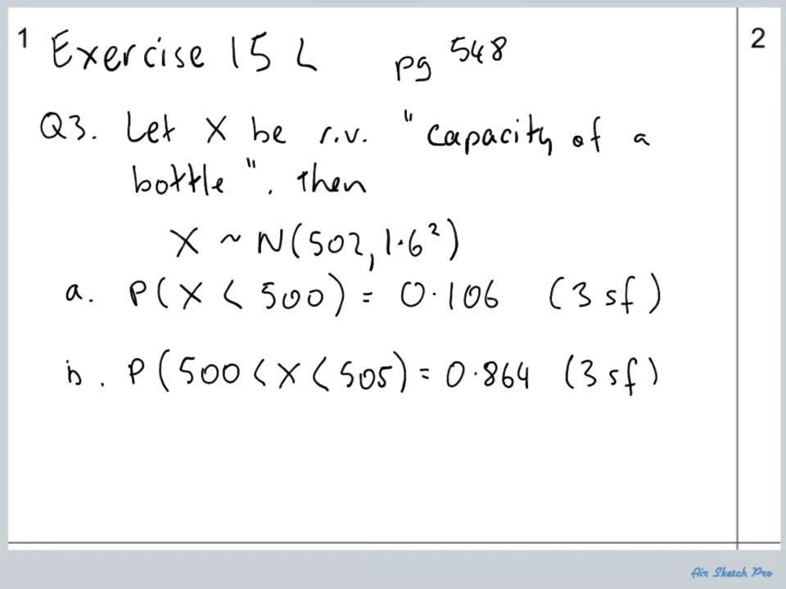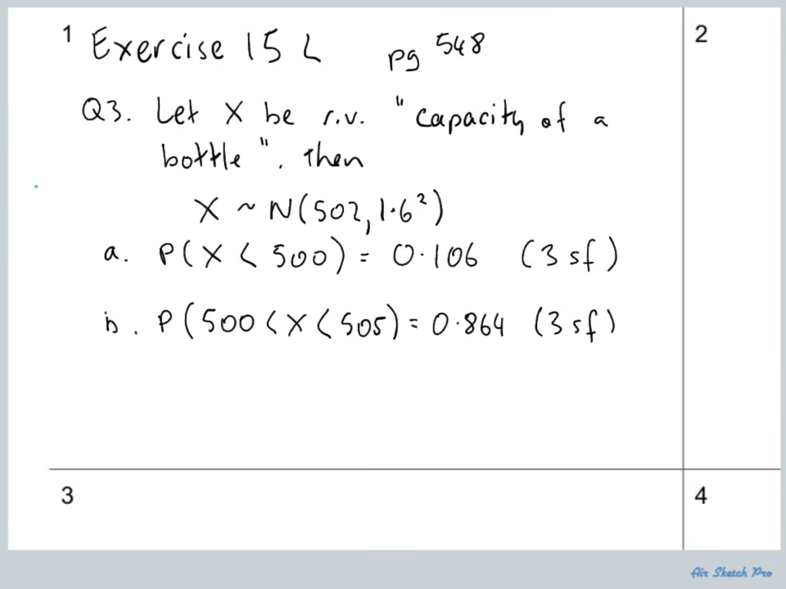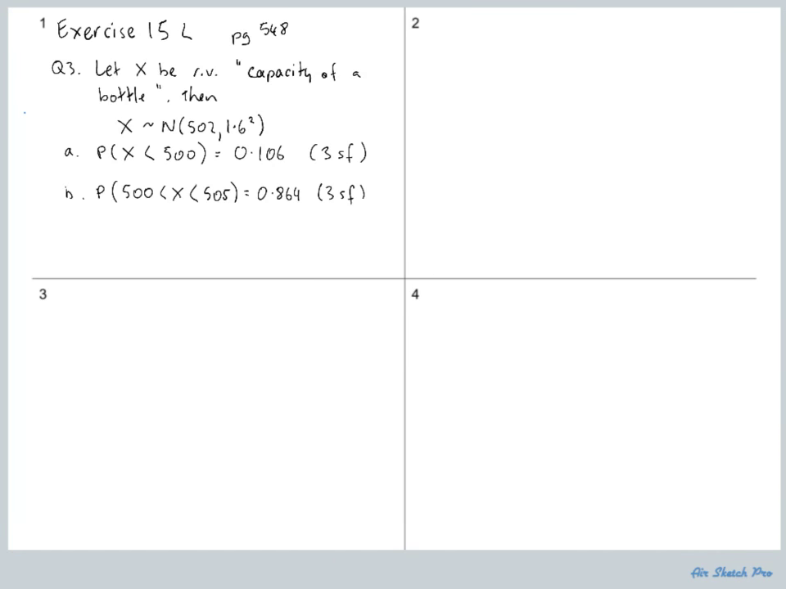Okay, C. I'm going to put C on a new screen, so I'll just zoom out and I'll leave it zoomed out for you. So for C, it says 95% of bottles contain between A and B milliliters of liquid, where A and B are symmetrical about the mean. So what are A and B? So if I just draw that diagram first,